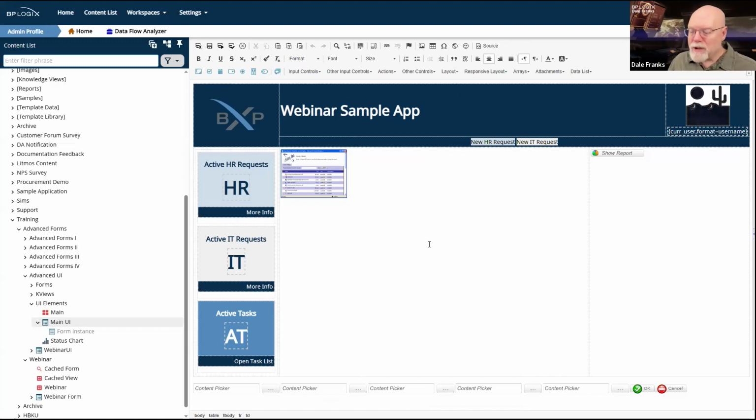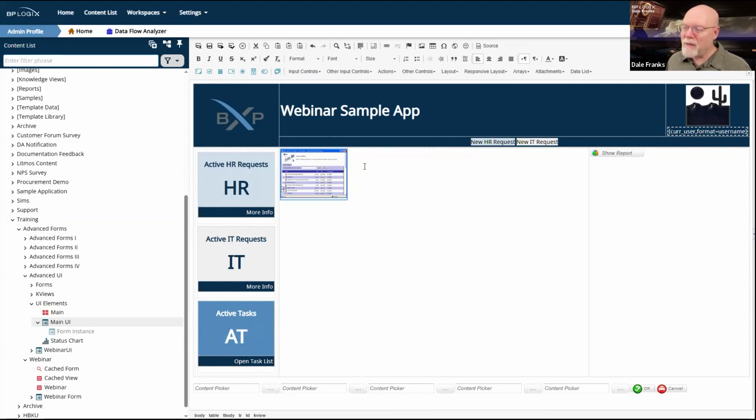What are the elements on this page? Basically, I have a couple of show report controls, and basically the reports that they show just return me numbers. So nothing big there.